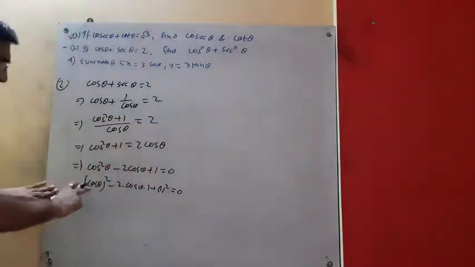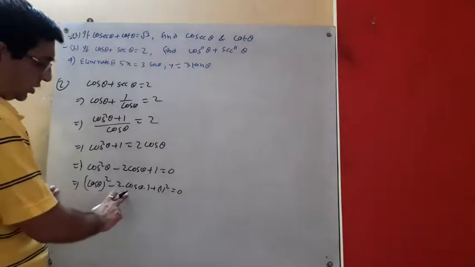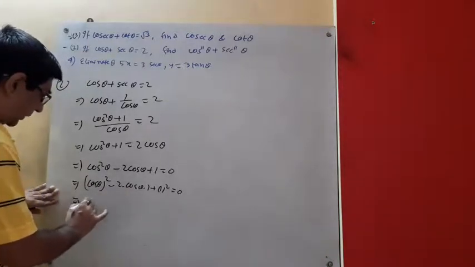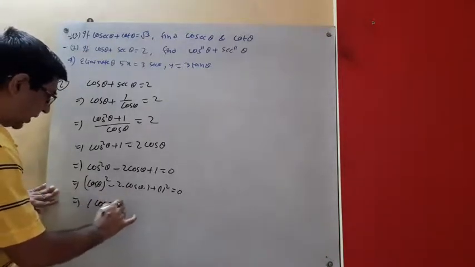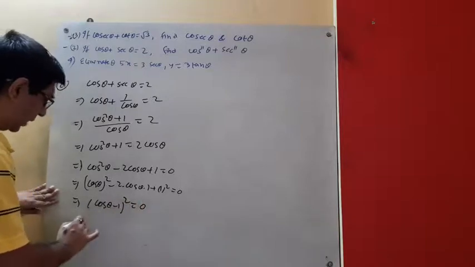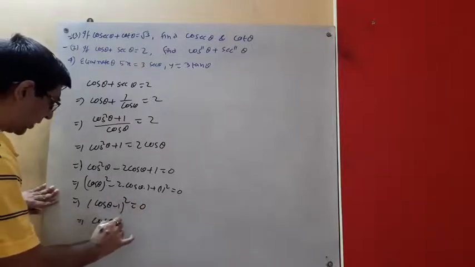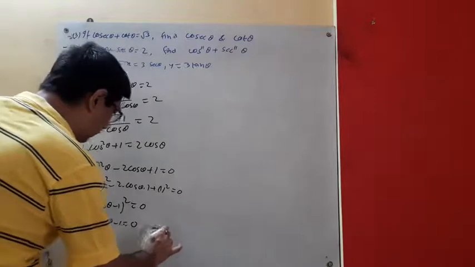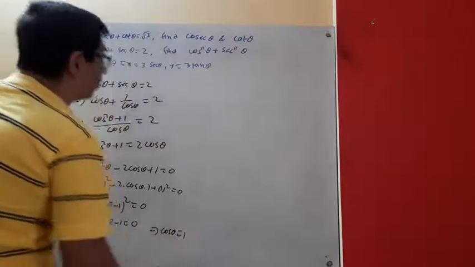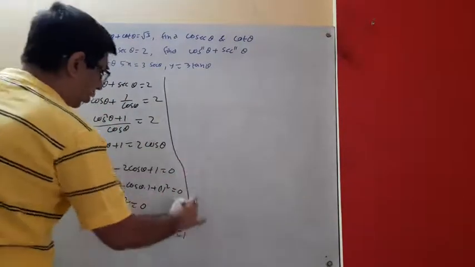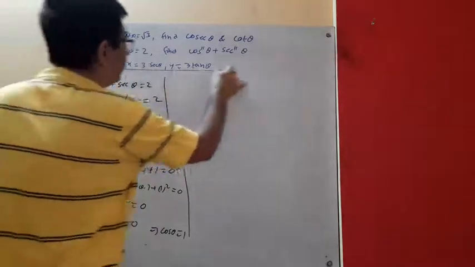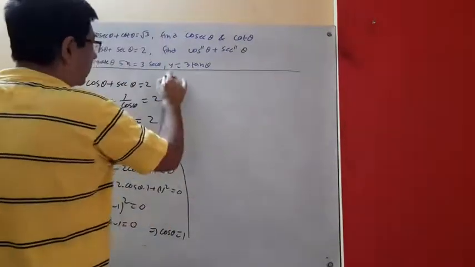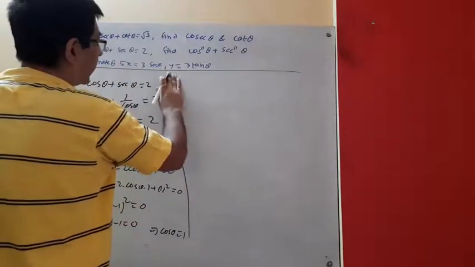Okay. So this is cos theta whole square minus 2 cos theta into 1 plus 1 square equal to 0. That means cos theta minus 1 whole square equal to 0. That implies cos theta minus 1 equal to 0. That implies cos theta equal to 1. Okay. Look, if cos theta equal to 1, now sec